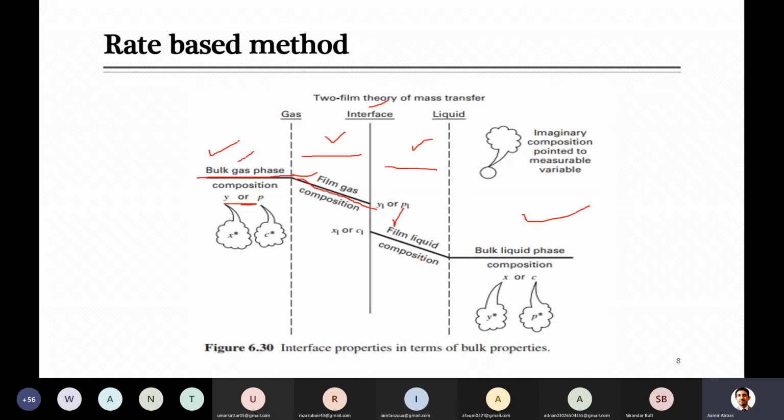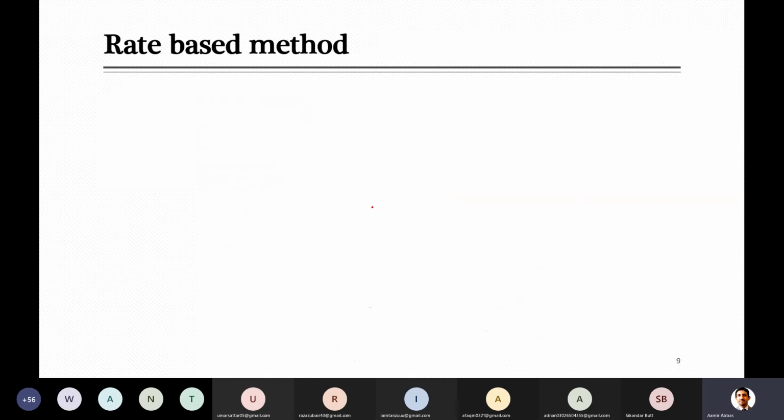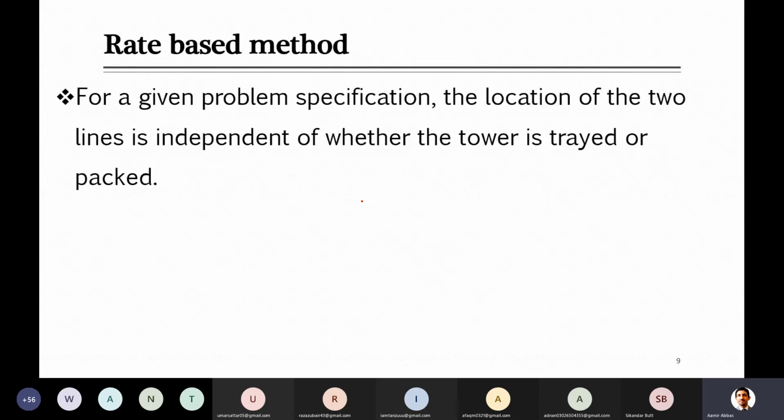So in this method, where we are going to design a rate-based method for the interaction of the liquid and vapor on the surface of the trays or on the surface of the packing, this theory will be applied. And when you have studied this theory, I hope you derived some mass transfer models related to it, and we will quickly use those here for the derivation of equations, which will help us calculate packed bed height and various other parameters.